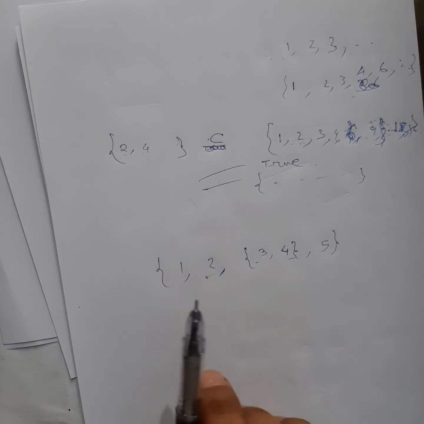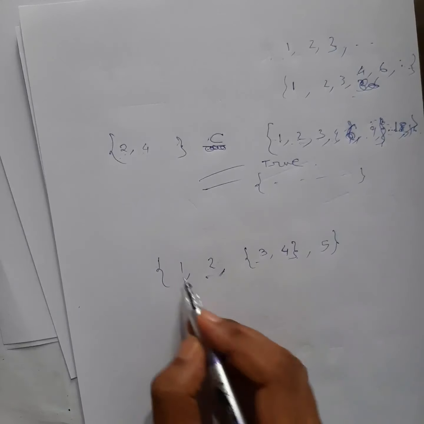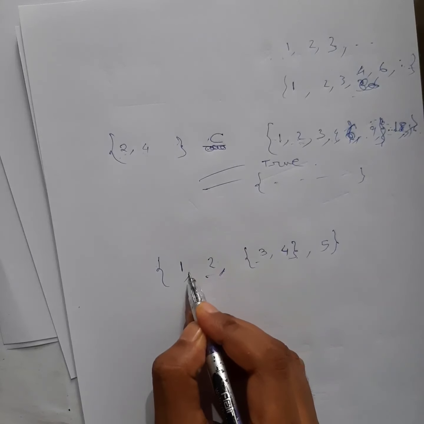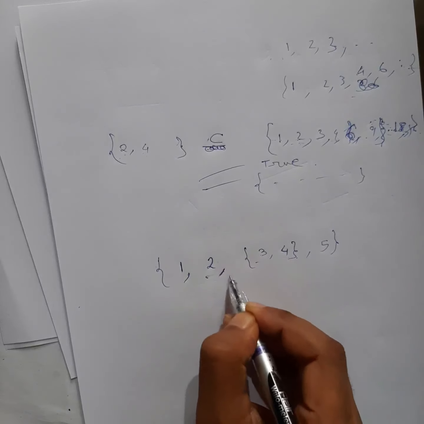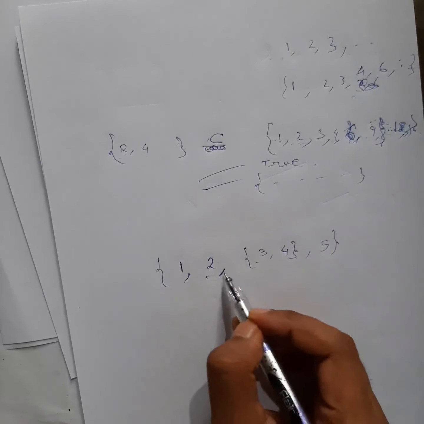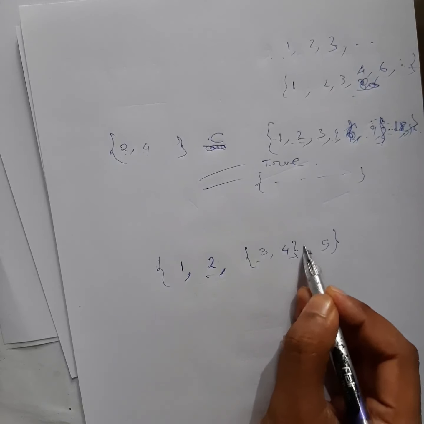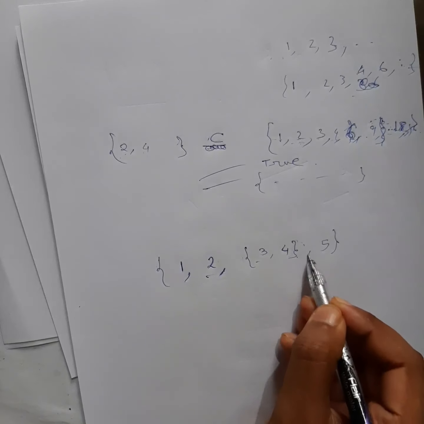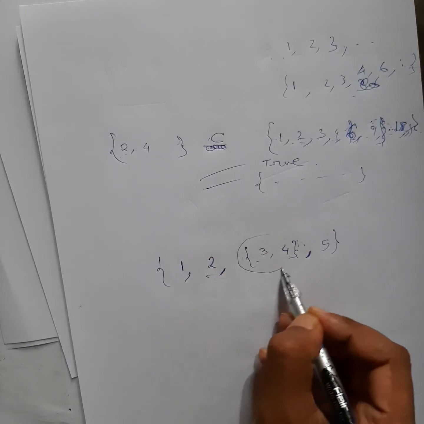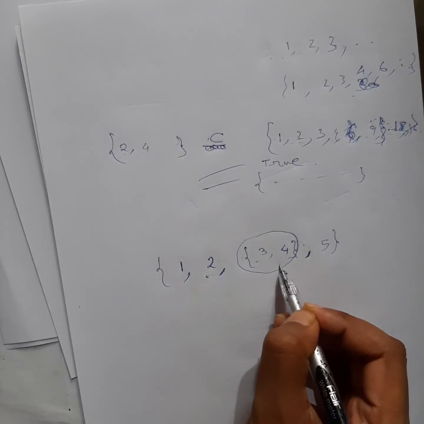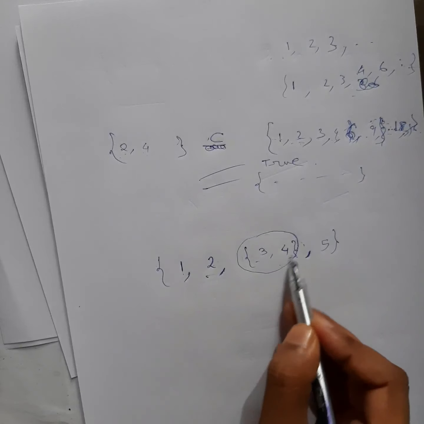I told you elements are always separated by commas. So you see, this is your first element separated by comma. Second element separated by comma. Now next will be a third element. Now after this, as a whole, this is given. After that only you can see there will be a comma. This comma is there. So this as a whole is an element. One element only. So 1, 2, 3, 4.